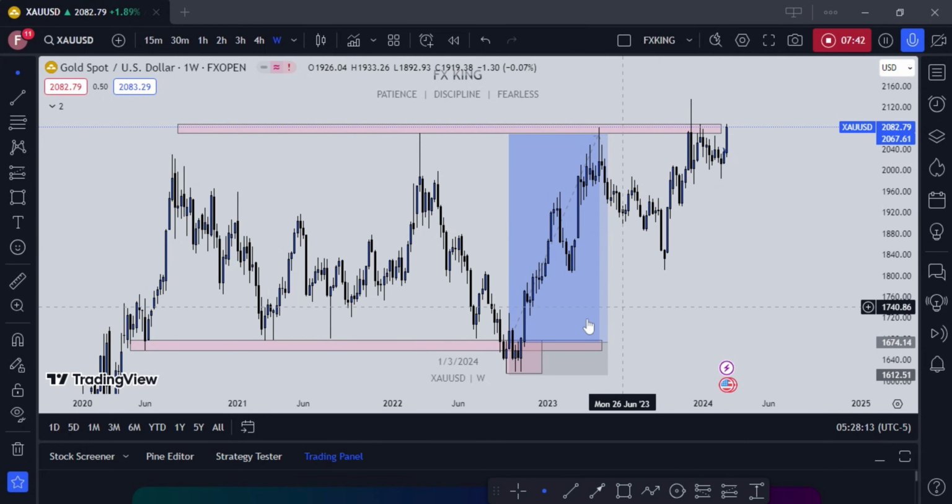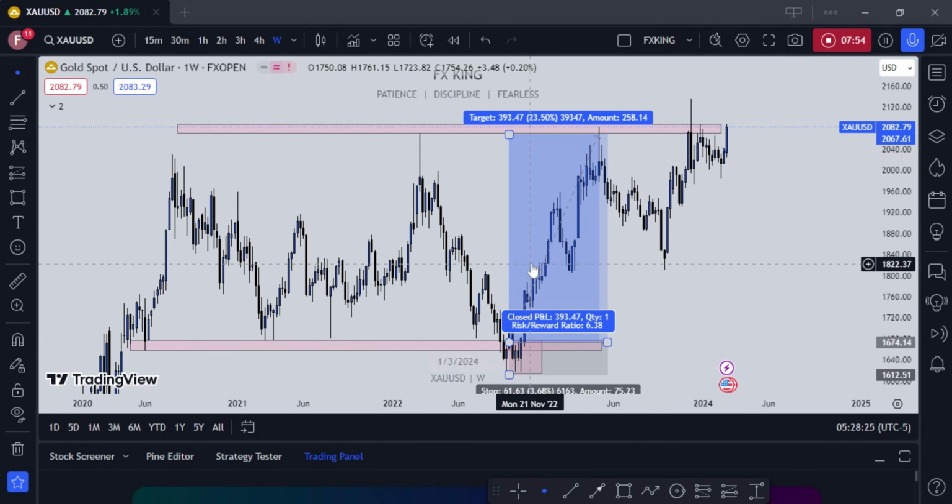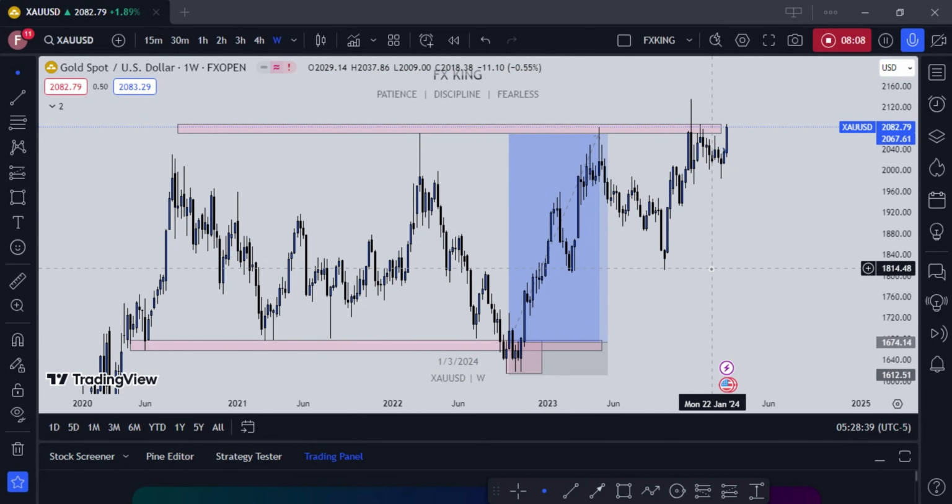For example, if you see here, you see this move, more of a consolidating move than here. Now you see that when price took this liquidity here, these moves became aggressive. That's because the market now has the fuel to move. So that is how you can trade consolidation as a smart money trader and how you can avoid being trapped